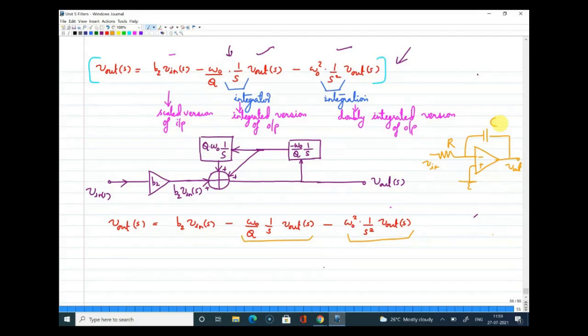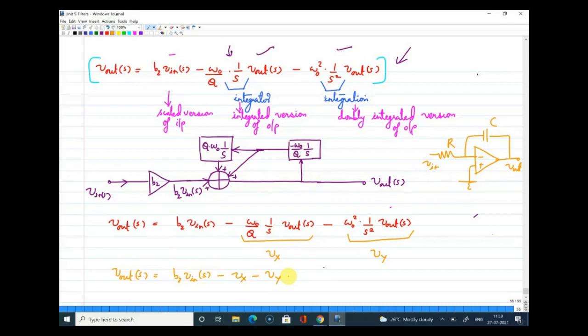We understood the transfer function, we understood the block level diagram, and now we are translating this into circuit level, right? So here I'm marking this as a voltage Vx, and this I am marking as a voltage Vy. The other one is directly V in, which is just scaled. So I'm going to write V out of S as B2 into V in of S minus Vx minus Vy, right? For some time I'll be thinking about how I can implement Vx and Vy, so that I can build the entire integrator, right?